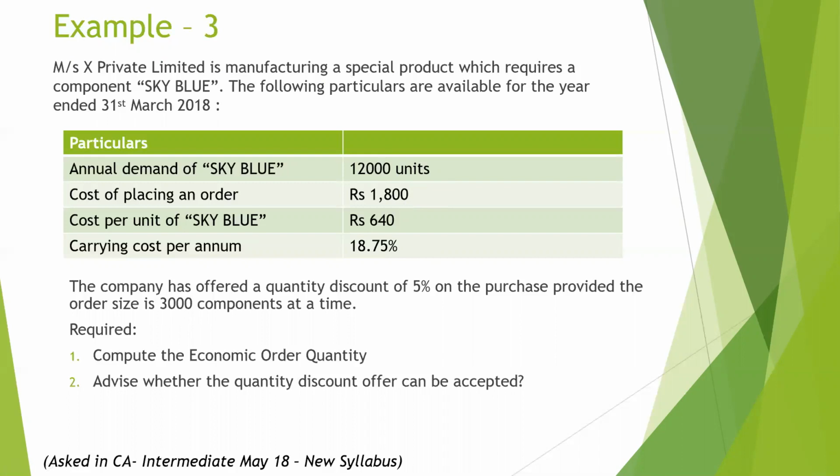The cost of placing an order might increase after 5 to 6 months into the year. The carrying cost might increase after 2 to 3 months into the year if LIC and all increases their premium. So all these figures are hypothetical. Not exactly hypothetical, but we have budgeted it, forecasted it on the basis of some past trends, which might not hold true as we progress in the year.